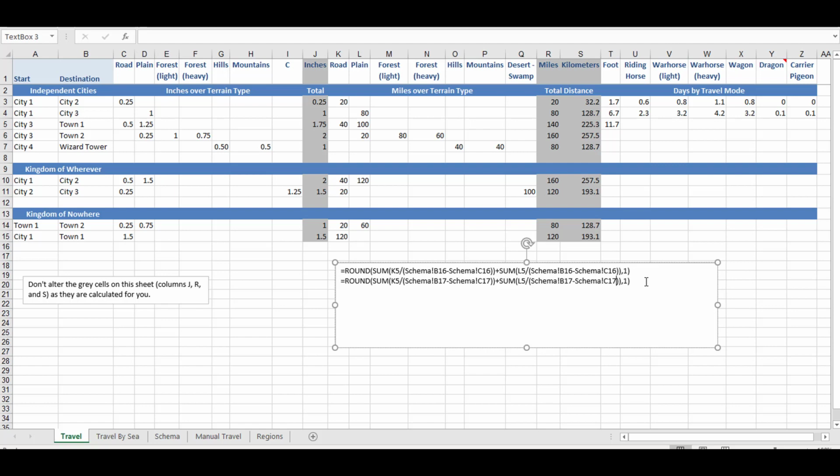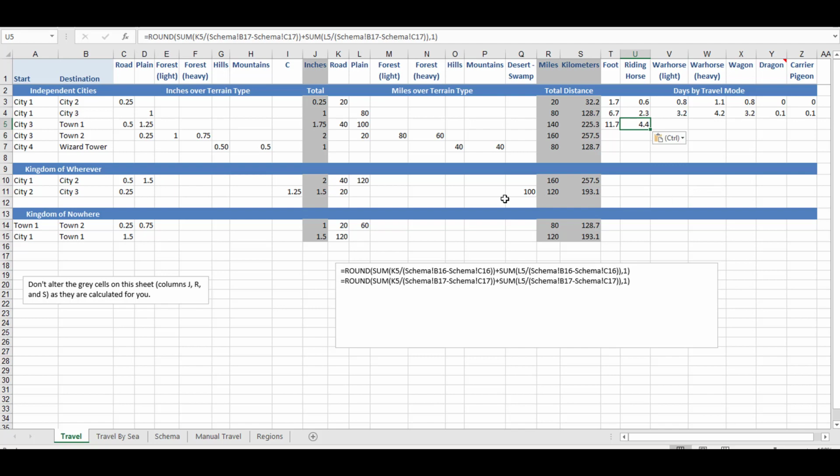And now we can take this, select it all, copy that, paste that in there, and you can see this is how long it would take to go by a riding horse. We would essentially repeat the same operation going across. Does this make sense? It's a little bit confusing, but hopefully this video makes it a little bit easier to